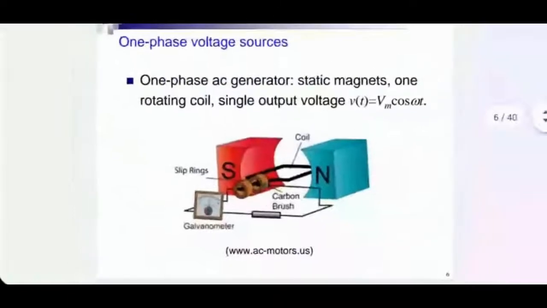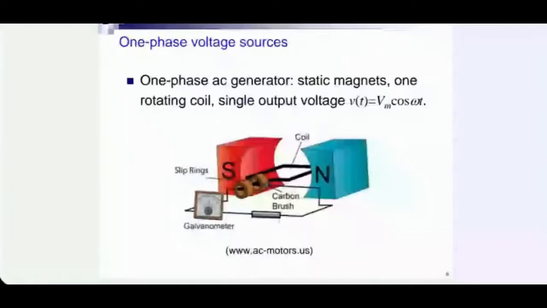Let me give you the basic idea of how generation is done. It is all about Faraday's law. You have a conductor converted into a loop, and it is allowed to rotate in the magnetic field created by, let's say, a permanent magnet. That rotation generates the required AC voltage across the two ends of the loop. In practice, of course, you must have thousands and thousands of loops to get the power that you need, to get the voltage that you need, to get the current that you need. But the basic idea is not that difficult.